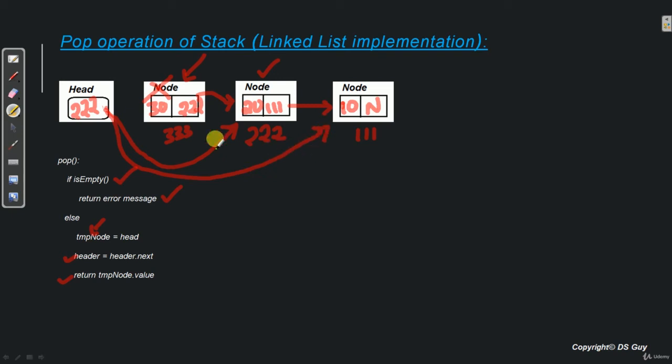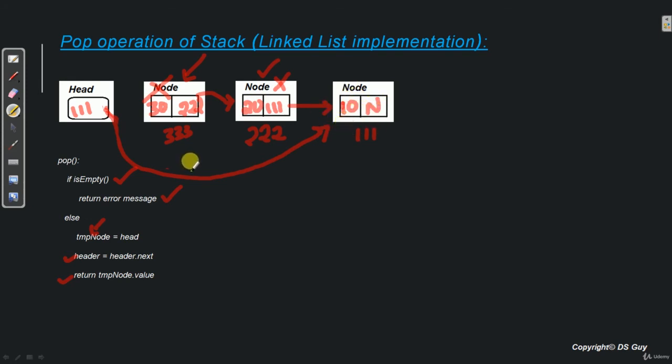So it should be pointing here. So we can update this address as 111. This will make sure that this link gets disconnected. So head now is pointing to 111. And now since nobody is pointing to 222, the garbage collector will automatically delete this node. So now we will have only one node after this pop operation.